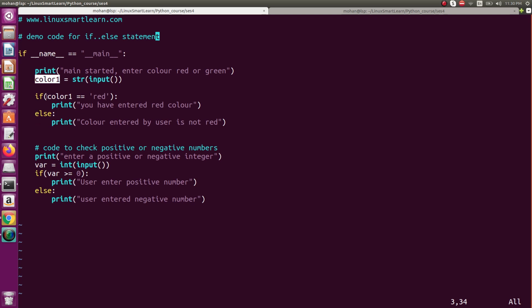And here we have a decision making statement. If color1 is equal to red, then the execution enters the print, else the execution enters and prints color entered by user is not red. So if the user enters red, this condition is satisfied, and if returns a true value,